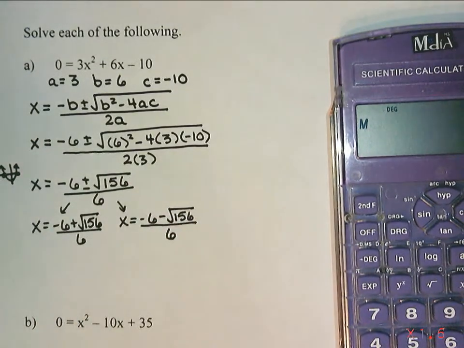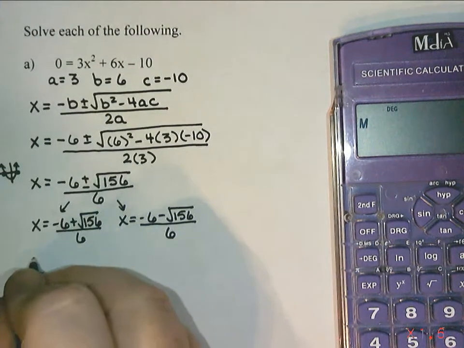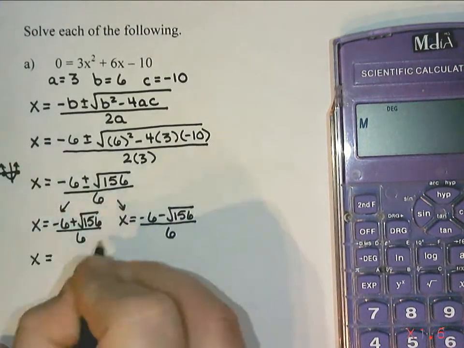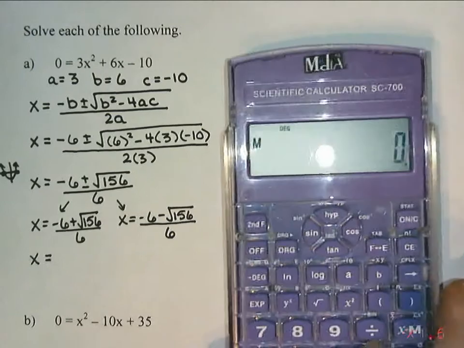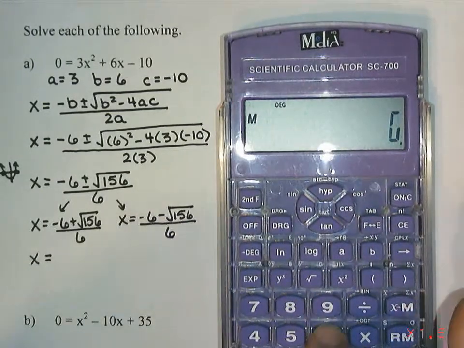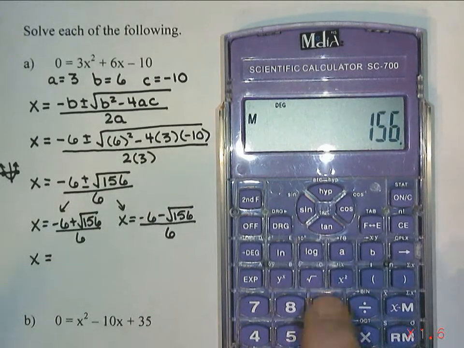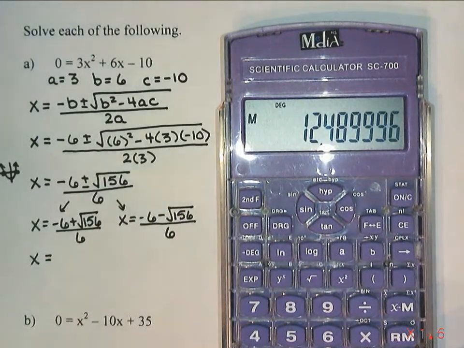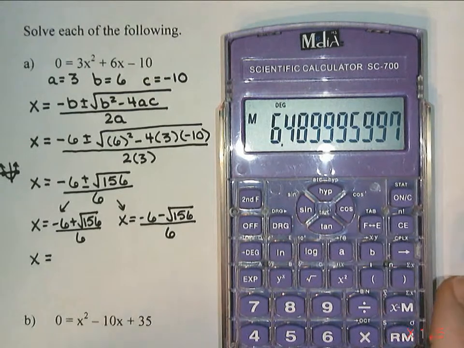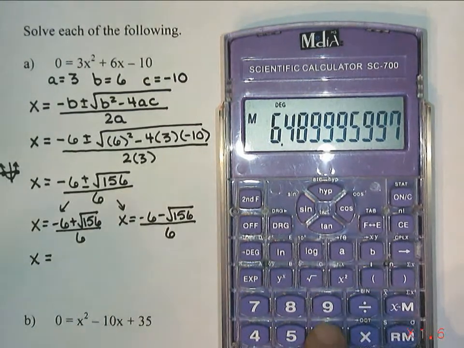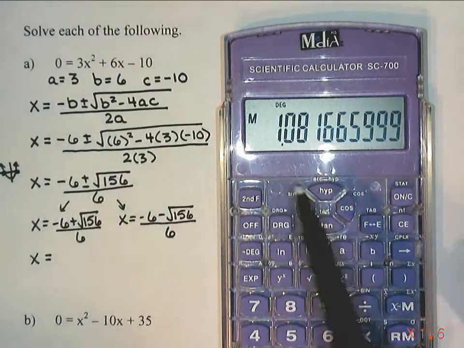And then I'm going to use my calculator to work this out. So negative 6 plus the square root of 156. Now, really important, you want to hit equals before you divide. So we're going to hit equals and then divide by 6 on the bottom to get